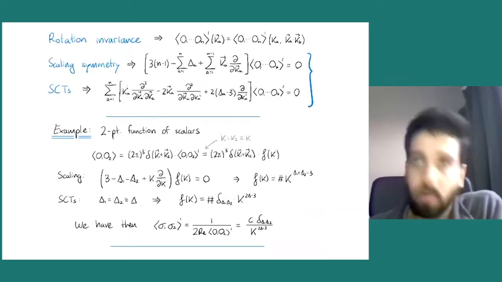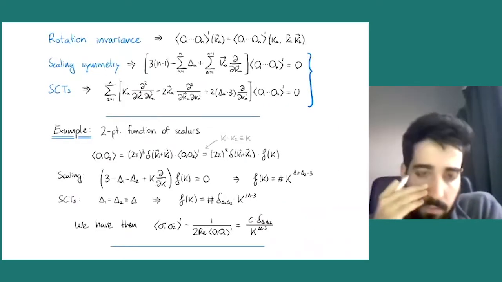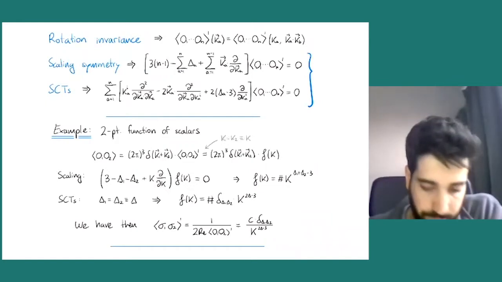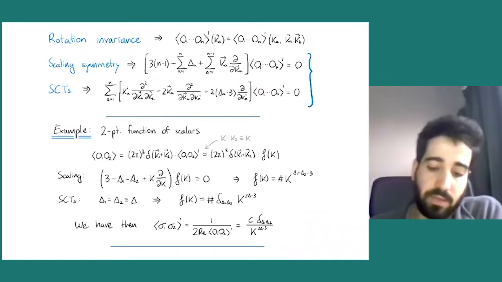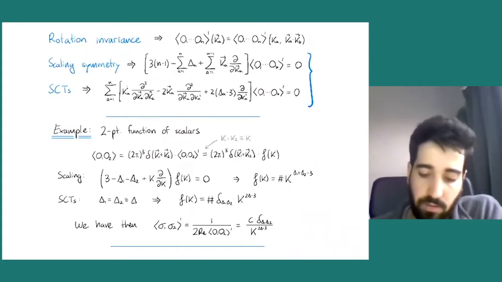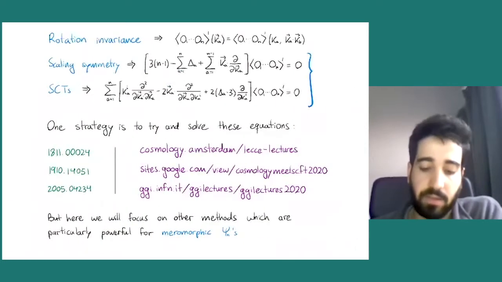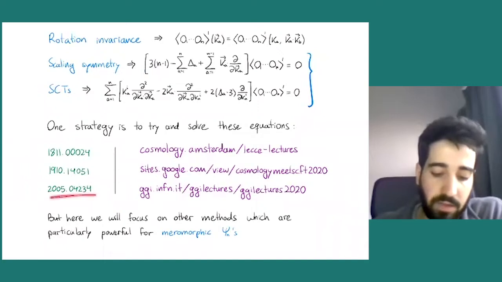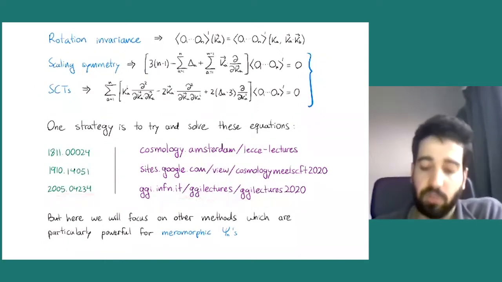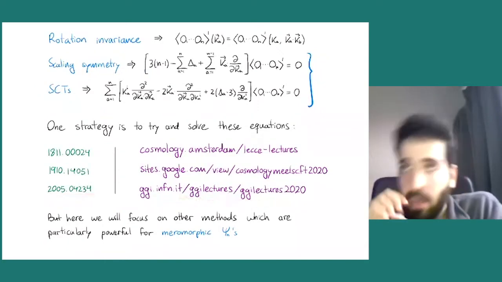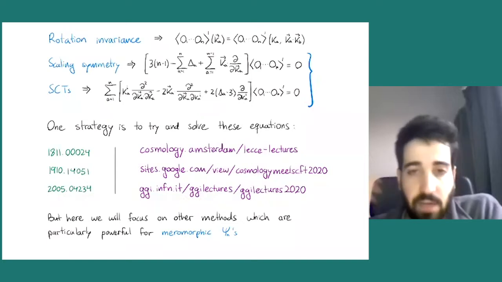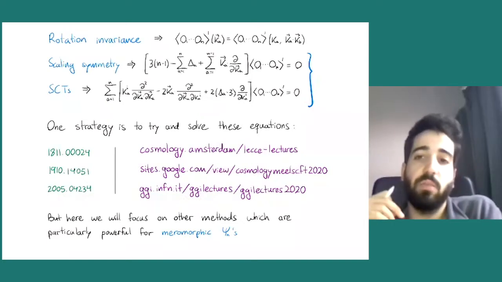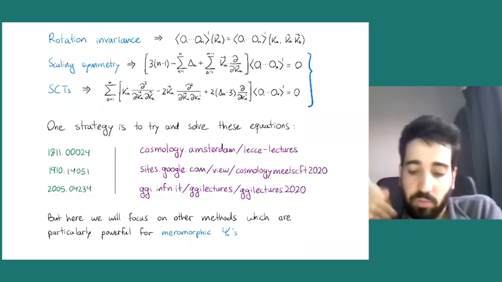Okay, so this is what I said. I don't know if I'm forgetting something. Yeah, so these symmetries constrain the correlators very much. And one strategy that you can find in these papers and also in these lectures is to try to solve them directly. But I said that in these lectures, I will try to be complementary, and I will try to show you other strategies that we have used, which are not to directly solve the